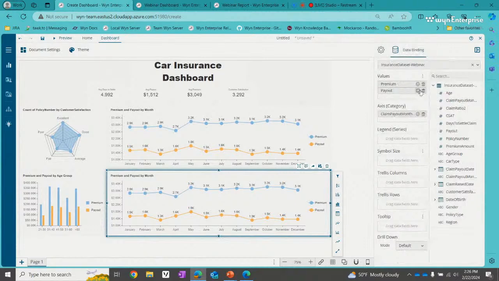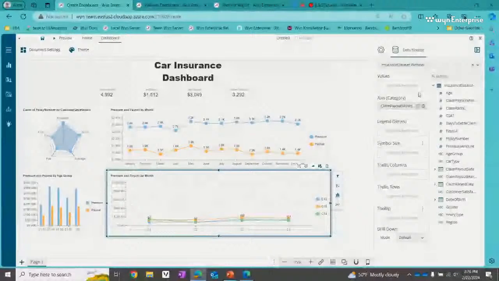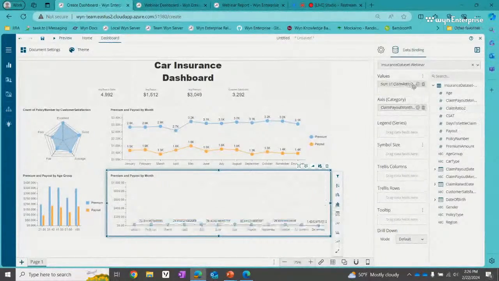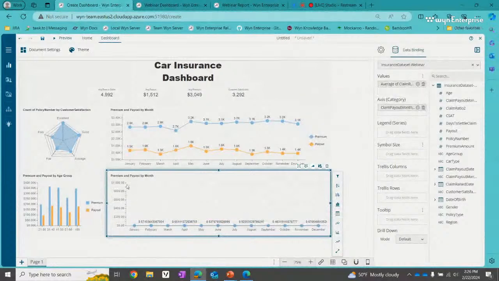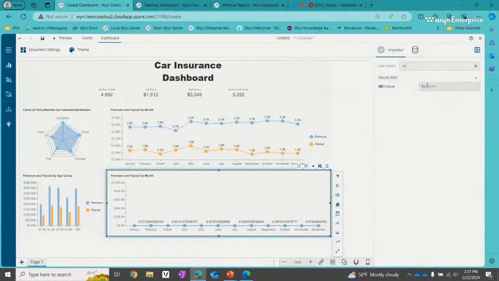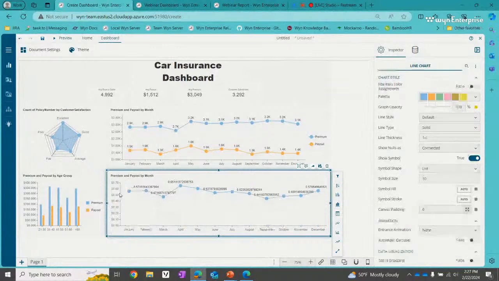Now, we will need to delete these from the values, and we're going to want to add the average of the claim ratios to the values. So I will go down to claim ratio, and we'll change that to an average. Now notice that the y-axis is still going up to 1,000. So I'm going to have to change that by going back to my min value. I'm just going to type it in here, remove that, press enter, and we're doing a little bit better, but